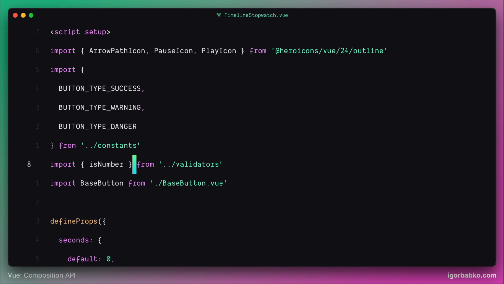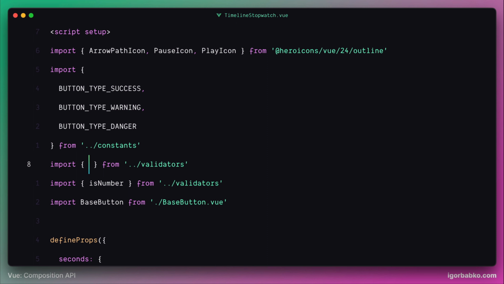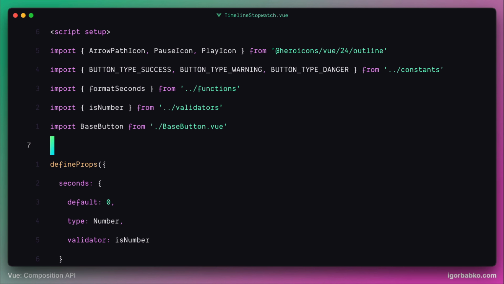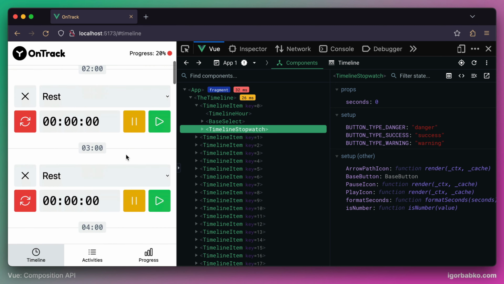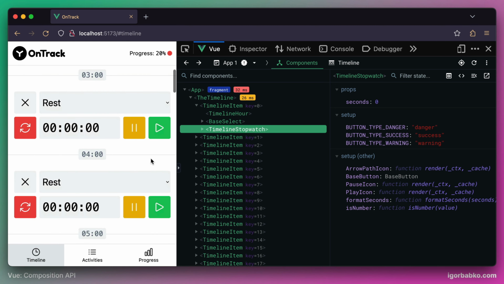And what we have to import here instead is our new function formatSeconds that we have just moved inside of the functions module. And here we go, now all stopwatch components show time in an appropriate format, just like before, but right now this format is derived dynamically, which will allow us to update this time every